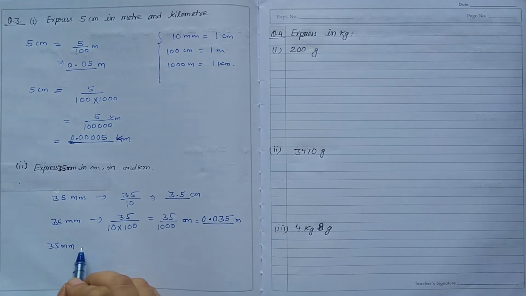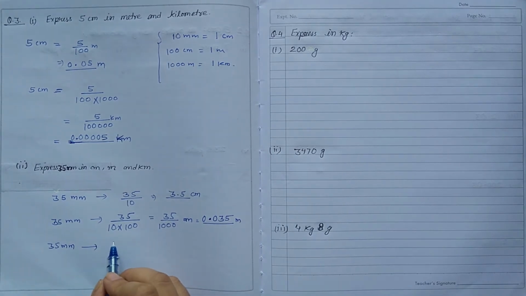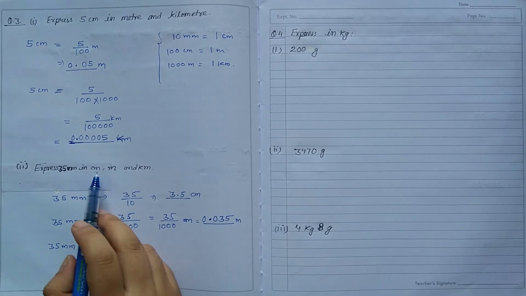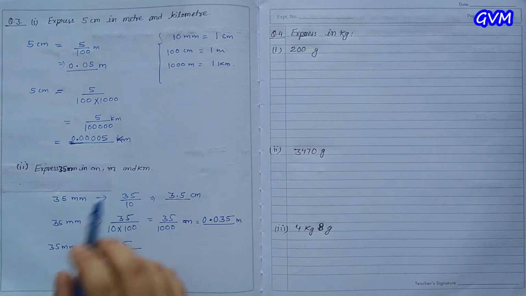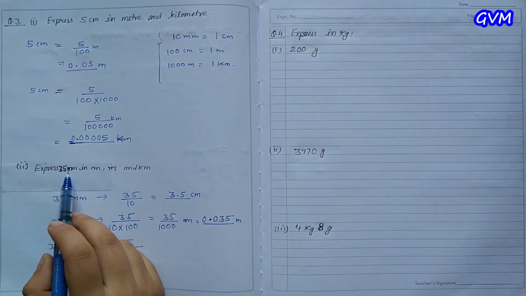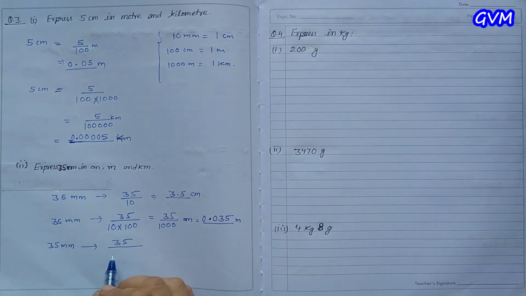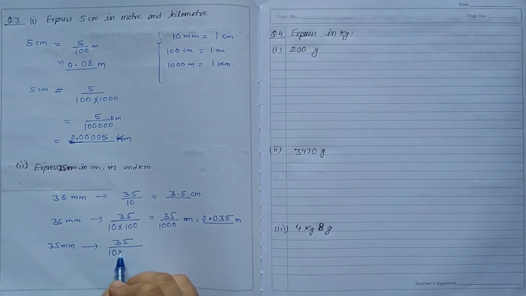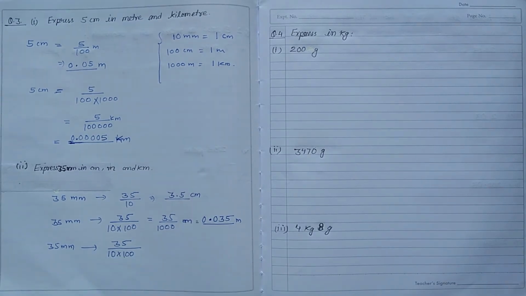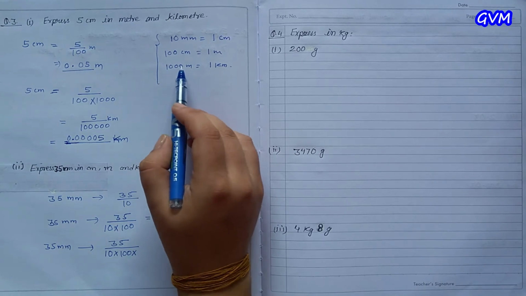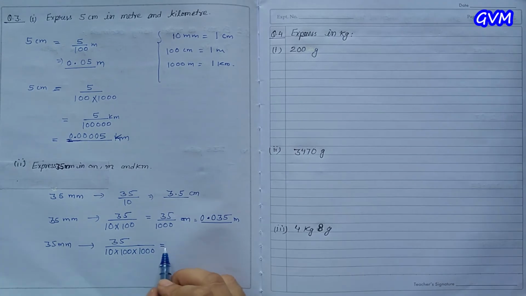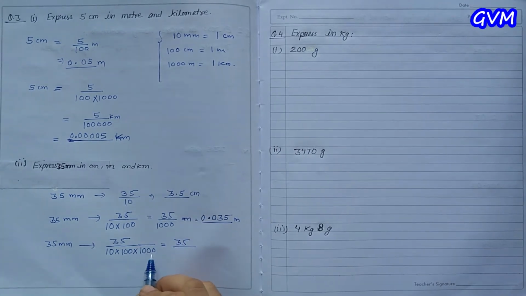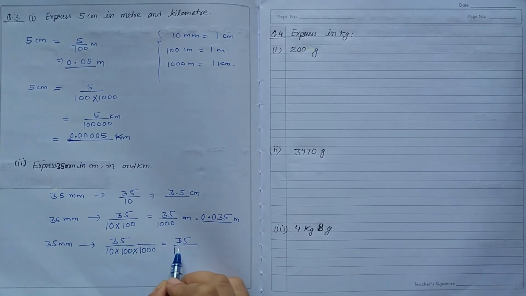Now 35 मिलीमीटर को हमें change करना है किलोमीटर में. So 35 upon, 2 units को jump कर रहा है, 1 सेंटीमीटर and then मीटर को, फिर जाके किलोमीटर में change हो रहा है. That means मिलीमीटर को किलोमीटर में change करने के लिए क्या करेंगे? Firstly convert it in सेंटीमीटर. Okay, then मीटर, dividing by 100 and then किलोमीटर में change करने के लिए हमारे पास 1000 है, so 1000 से divide करेंगे. और this fraction will become 35 upon 1 2 3 4 5 6 zeros, that means 10 lakh.